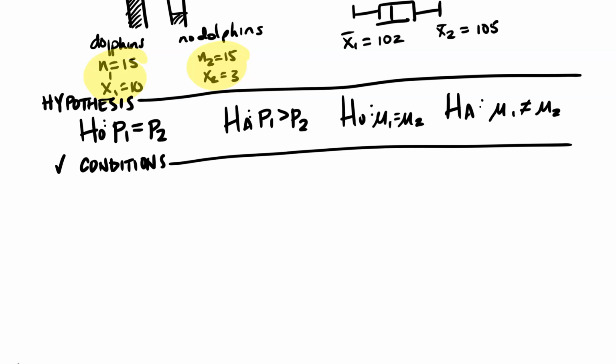So the first condition we need is the same thing we had before, an SRS. I'm just going to call this the randomization condition. Randomization condition. And there's actually 2 ways we can meet this randomization condition for a 2-sample test. We either take independent samples from each group,